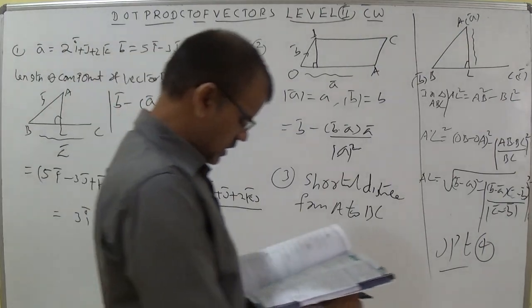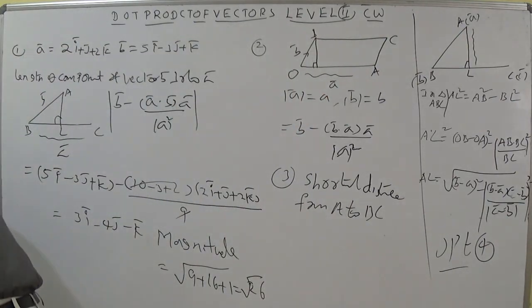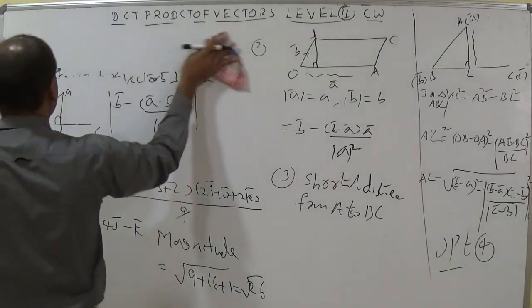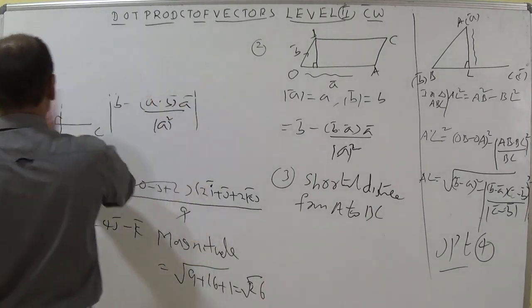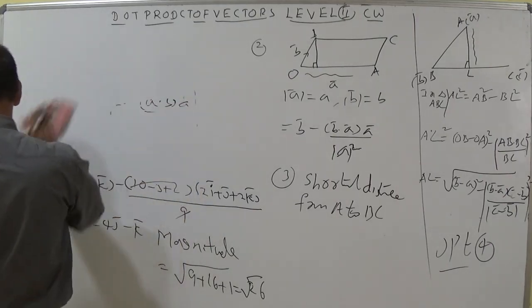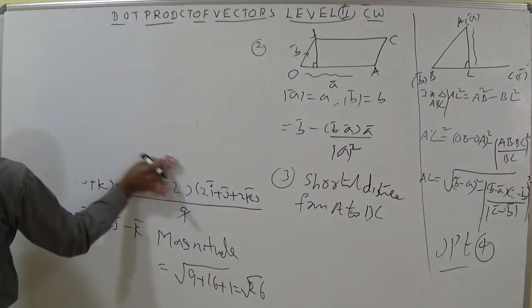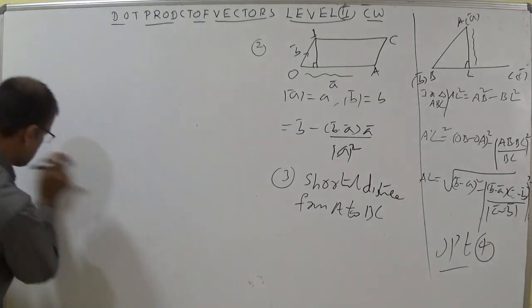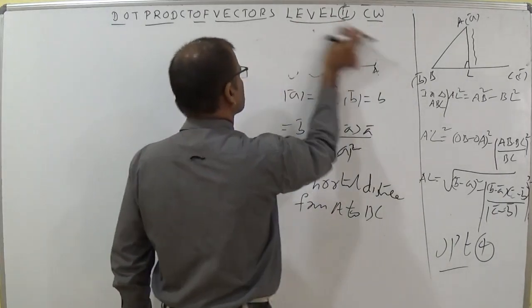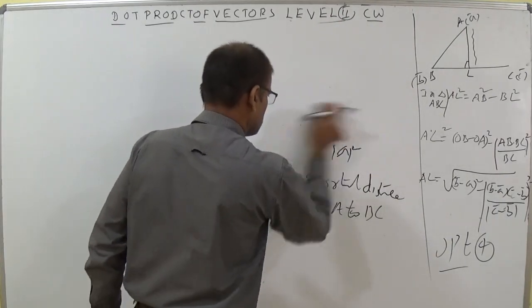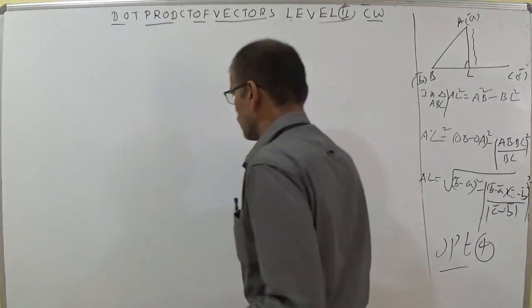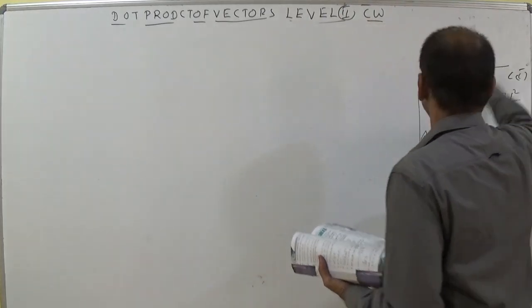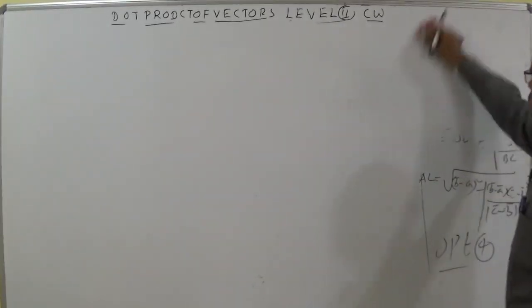Now let us discuss the fourth question. Read the question. A bar, B bar are non-collinear vectors such that modulus of A bar plus B bar is equal to root 3. The magnitude of the sum of the two vectors is given as root 3. He did not mention the angle between the two vectors A bar and B bar. We should calculate the angle between the two vectors using the given data.